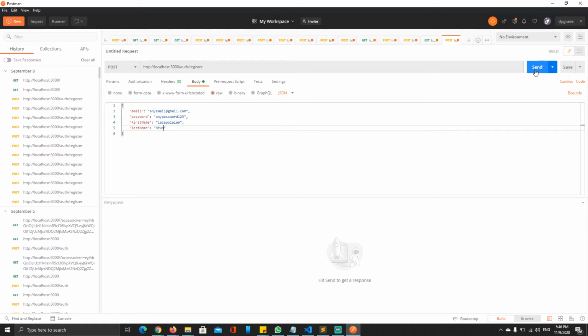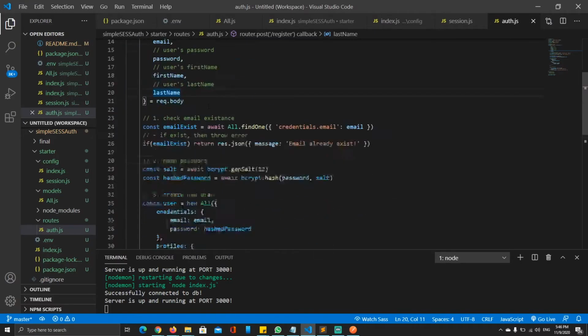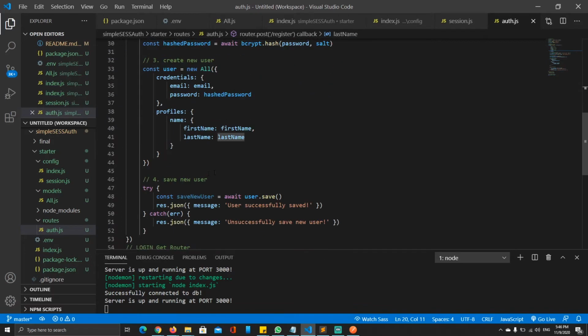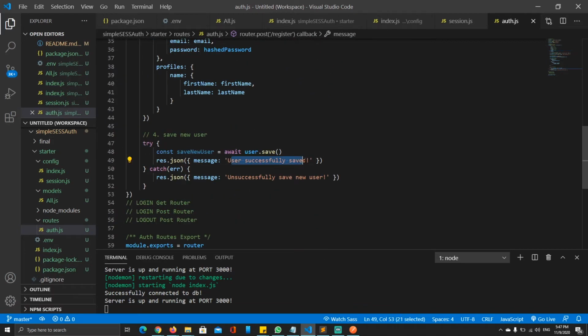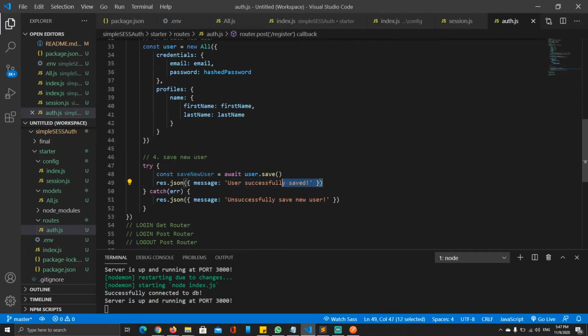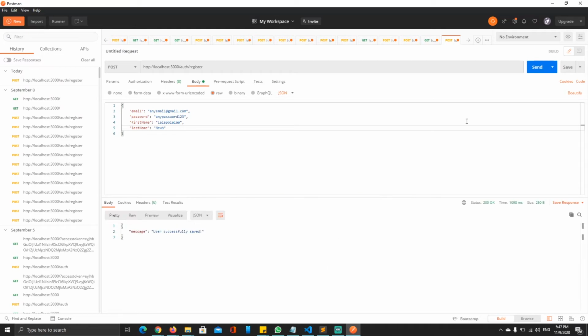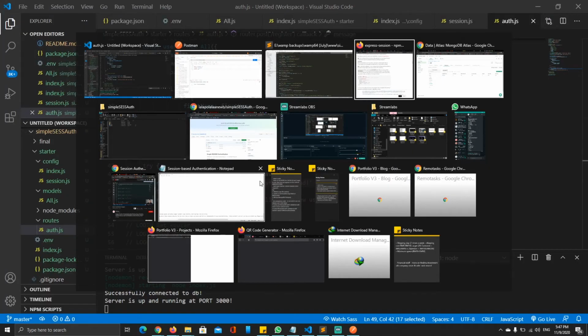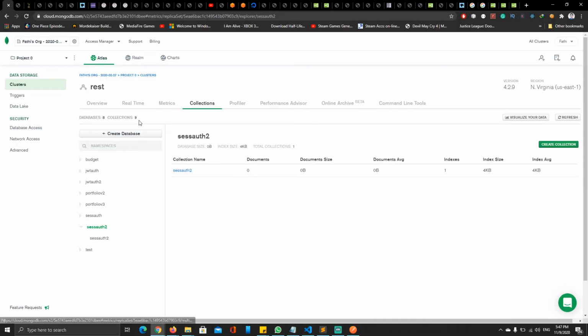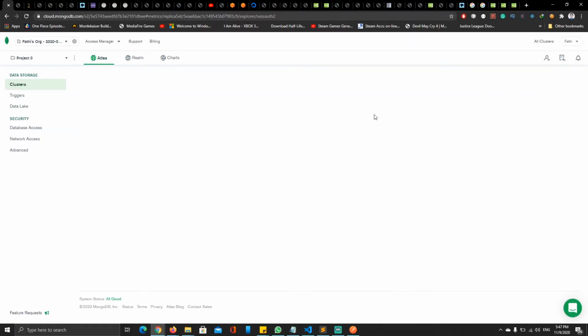So when I hit send, it's basically going to reply if no error occurred, user successfully saved, and we're able to see the saved user inside our MongoDB database, right? So hit send. Yeah, user successfully saved. So basically, if we go back to our database and hit refresh,